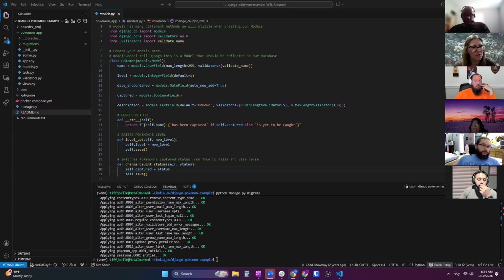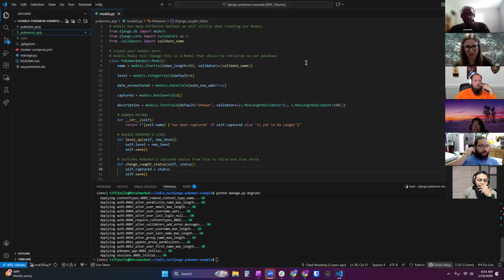But if we were to write all this from scratch and not make migrations, if I didn't migrate this Pokemon table and I had a separate app for moves that was related to Pokemon, there is a chance that when you make migrations and migrate, you get some complaints in the terminal about conflicts, like it can't relate to this model because it doesn't exist.